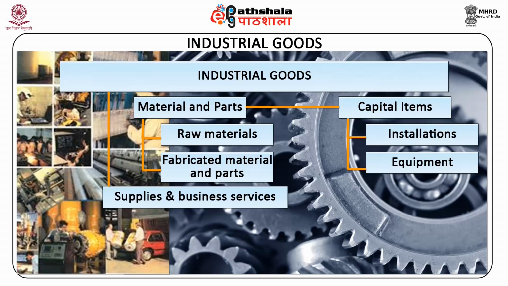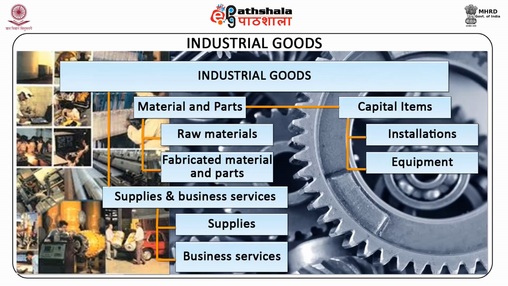The third that we need to discuss are supplies and business services. Supplies and business services are short lasting goods and services that facilitate developing or managing finished product. First, supplies. They are of two kinds: operating supplies and maintenance and repair items. Second, business services. These include maintenance and repair services and business advisory services. So, these are the various types of products manufactured and marketed by marketers these days.